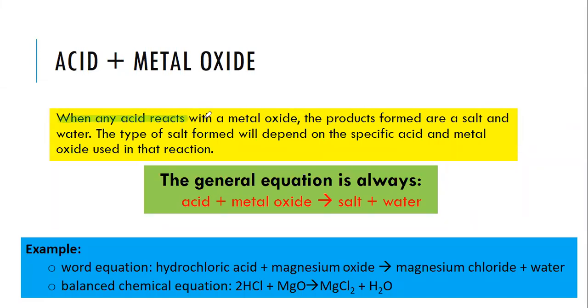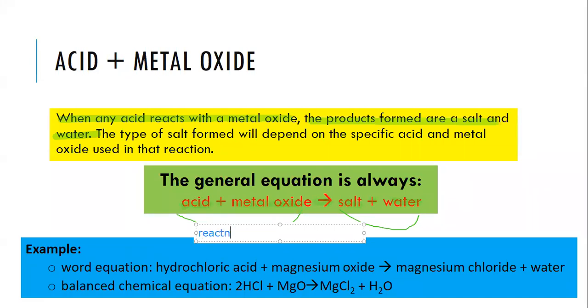When an acid reacts with a metal oxide, the products formed are salt and water, okay? What is the general equation? Acid plus metal oxide is equal to, or producing, this arrow is showing us producing, goes into chemical reaction, and then producing salt plus water, okay? And on the left hand side of the chemical equation, the general equation, these are what we call, if you remember,